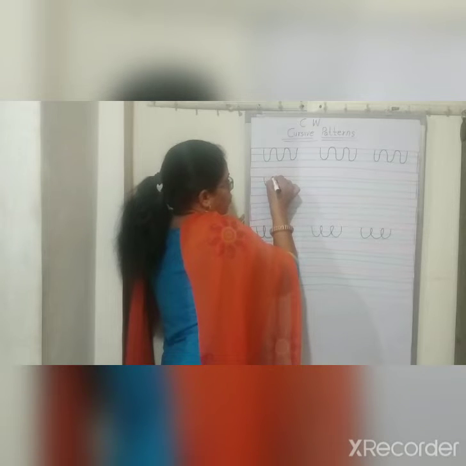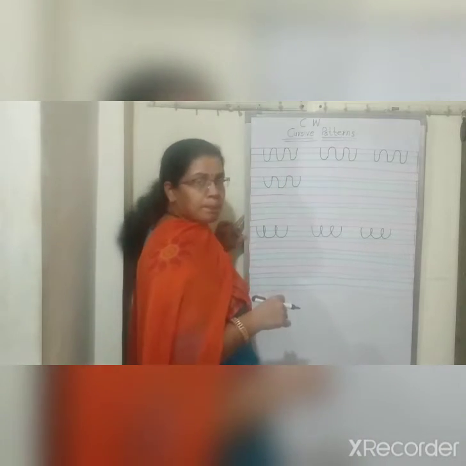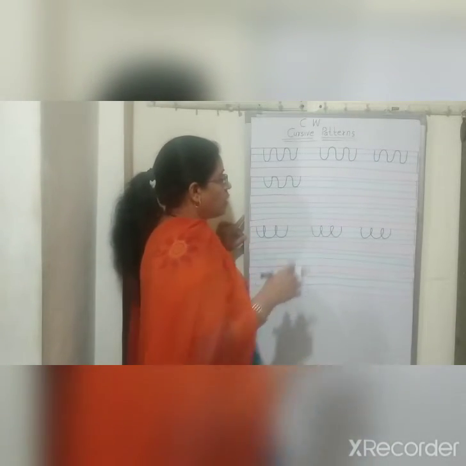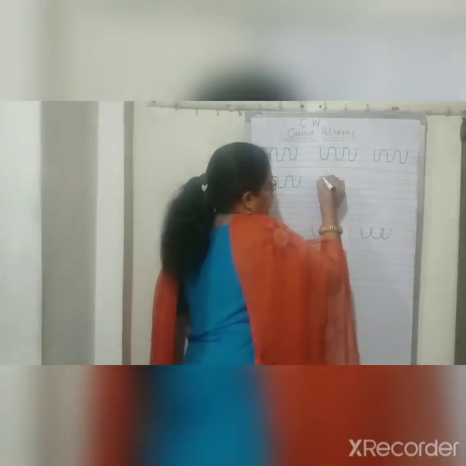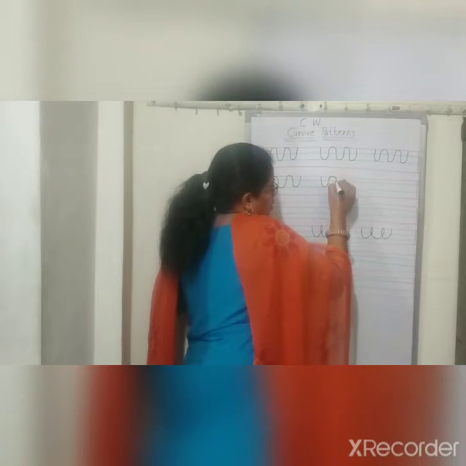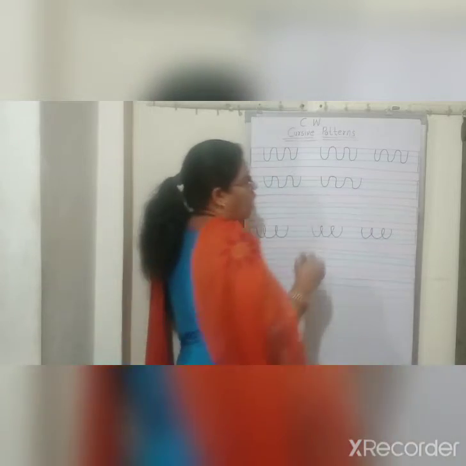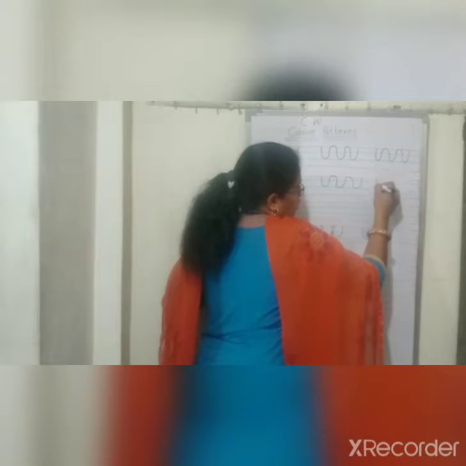Make a U, then down, then again up, down and up. This has to be done in these 3 lines. Don't touch this 4th line. Again we are going to make it down, up, down, up. You will enjoy making these